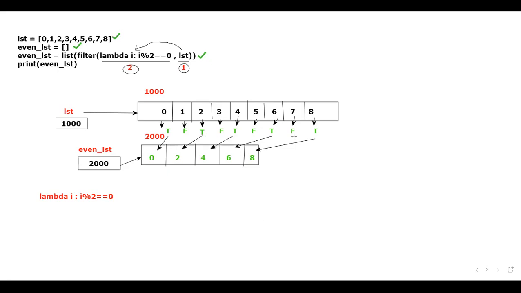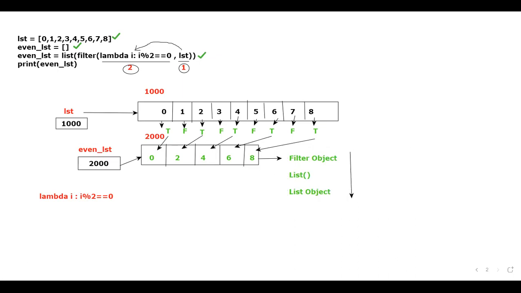In between your typecasting, assume that this is the filter object. Initially, whatever you got will be a filter object. For that filter object, what you're doing is typecasting using what? The list function. Ultimately, you'll be getting a list as the output. That is, a list object is the output that you'll get. Is that clear for everyone? Please do respond. Okay, great.